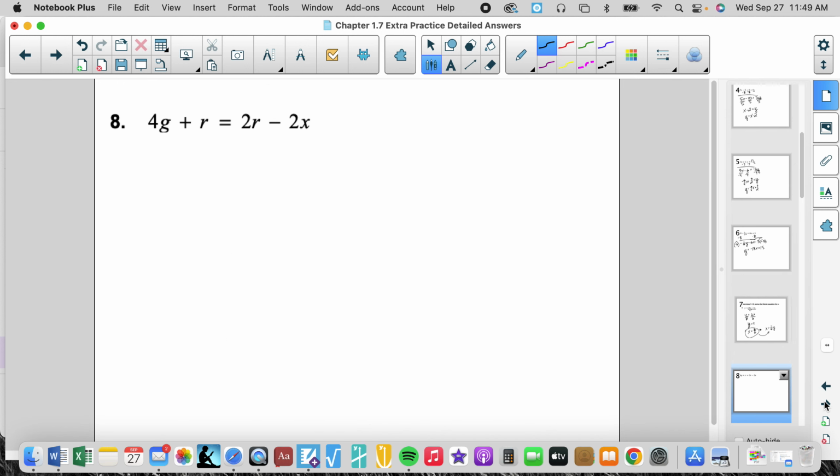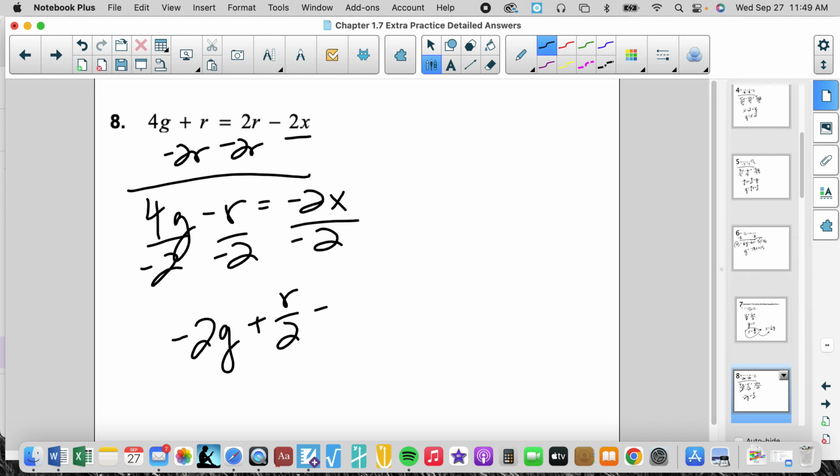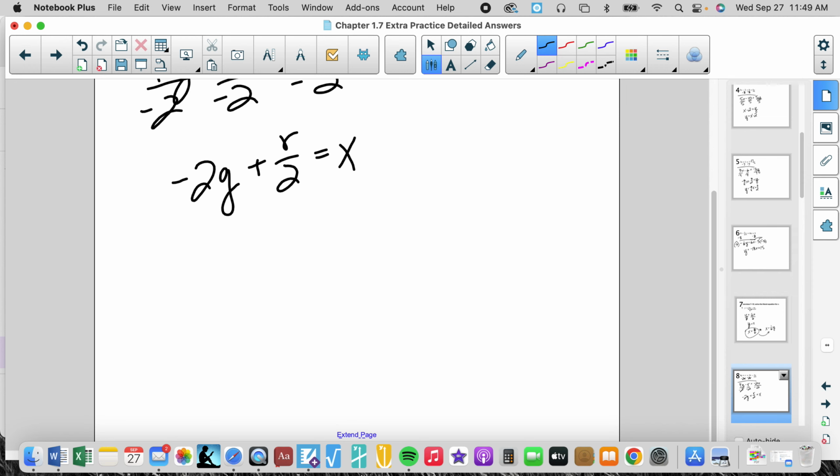We are still solving for x, so we're going to move that to r. We're going to align it with a like term. We get 4g minus r equals negative 2x. We're going to divide everything by negative 2. We get negative 2g plus r over 2 equals x. I'm okay with that. When we have multiple, and I'm going to write my variable first, negative 2g plus r